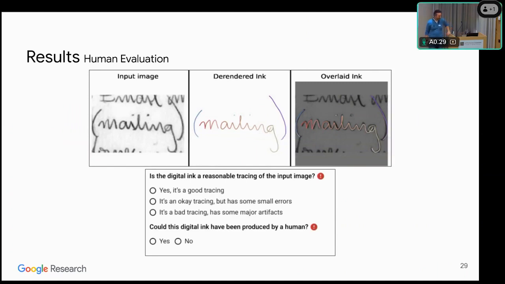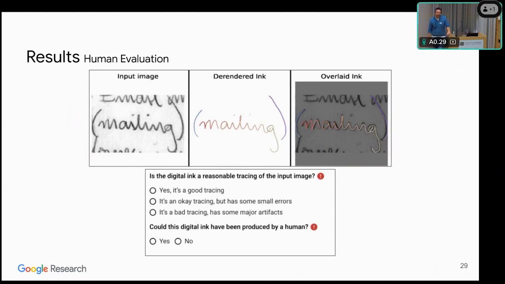I wanted to touch base quickly on evaluation. I know that we heard a lot about evaluation today, and looking at accuracy metrics and F1 scores and other things is one thing, but it's often not telling you the whole story. Going through human evaluation is often a way to really understand what's going on.